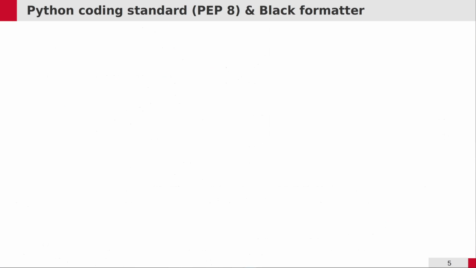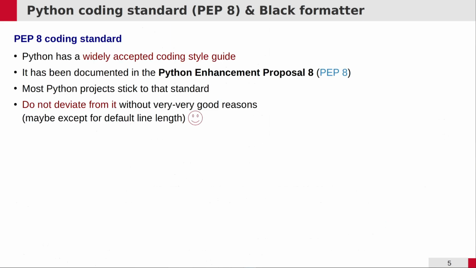Okay, and the last thing I would like to show you is about code formatting. So how you format your code, how many white spaces and empty lines and so on put where. And there's the famous so-called PEP8 coding standard. PEP8 stands for Python Enhancement Proposal 8. So the number 8, and you can just click on the link to read that, and it basically tells you how to format your Python code, how to choose white spaces, variable names, class names, and so on, how to